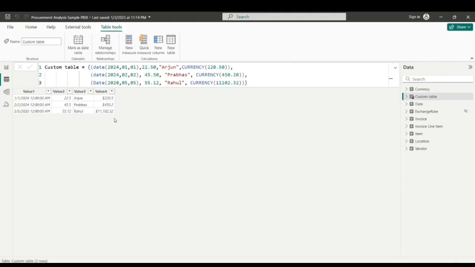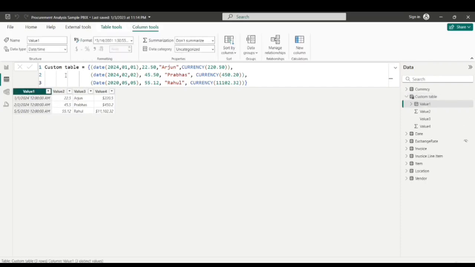The most important part to highlight here is that, in case of currency, automatically dollar has been taken. You can change this currency, and here it has shown date and time that you can change from here, like if you want date or whatever the dollar currency you have to change. So this is the way to create the custom table with the help of DAX, and you can even